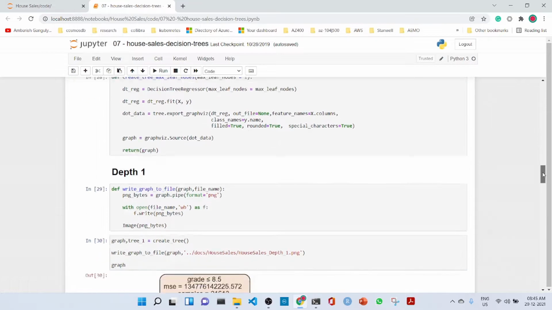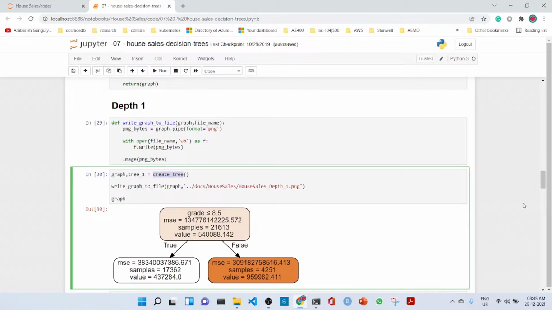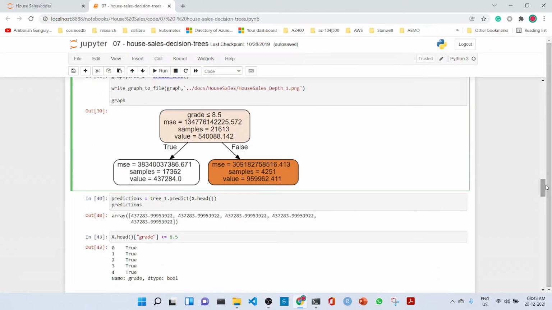And now the next statement is that we create a tree with a depth of 1, and you see here that the tree is created with grade less than 8.5. It is divided into two regions, region 1 and region 2.